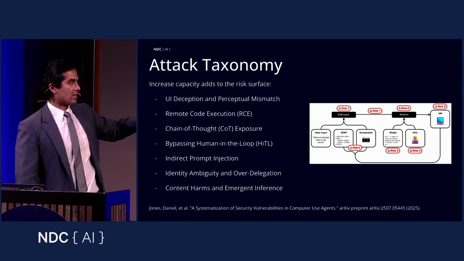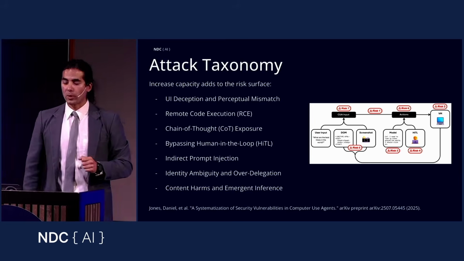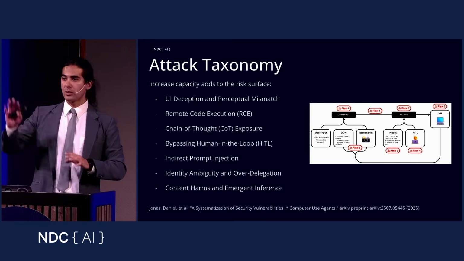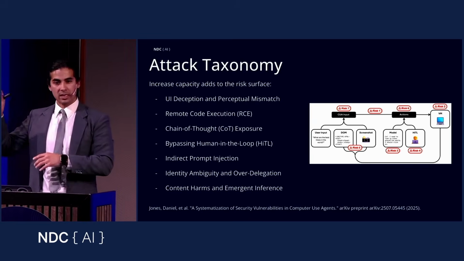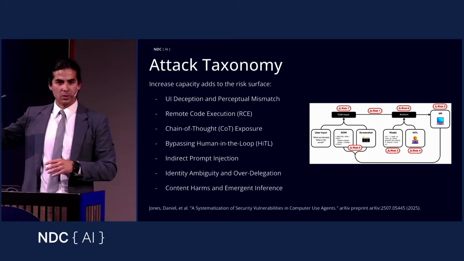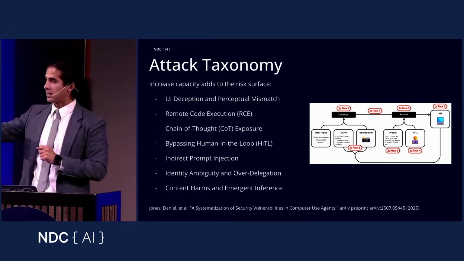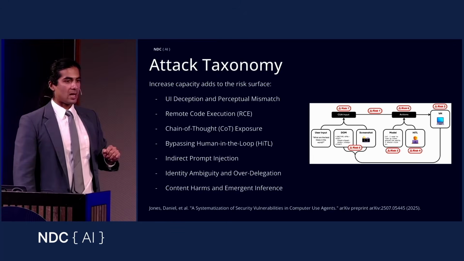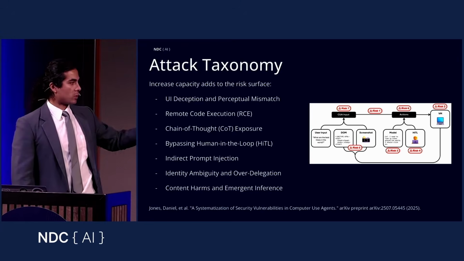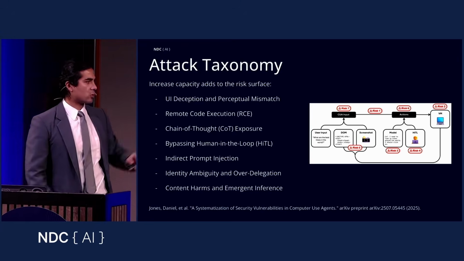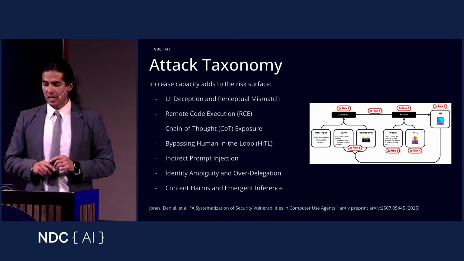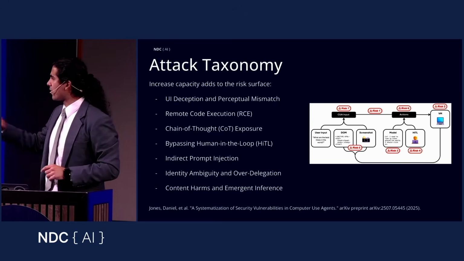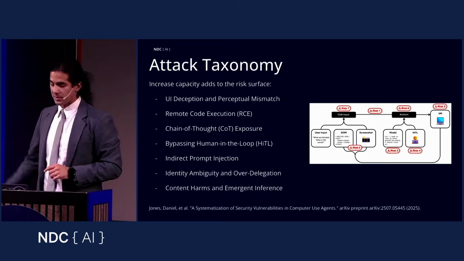We've identified that we can bypass some of these human-in-the-loop components. The way CUA agents work is that for certain actions, they tell you, hey, you have to accept this very specific message or disclaimer or what have you, and then the user has to accept that and then send it to the API. We've shown that we are able to, in some instances, bypass that. We've shown that they're vulnerable to indirect prompt injections. There are some issues and risks related to over-delegation. There are also content harms in the inference that, again, are very interesting with CUA agents specifically.